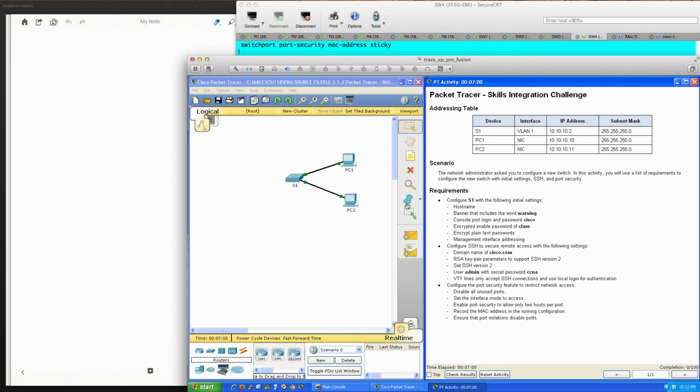This PacketTracer activity will be the solution set and tutorial for PacketTracer activity 2.3.1.2, which is the Skills Integration Challenge. As you can see here, we have our addressing table for switch 1 and PCs 1 and 2. Our scenario is the network administrator has asked you to configure a new switch. We're going to use a list of the requirements to configure the new switch with the initial settings, SSH, and